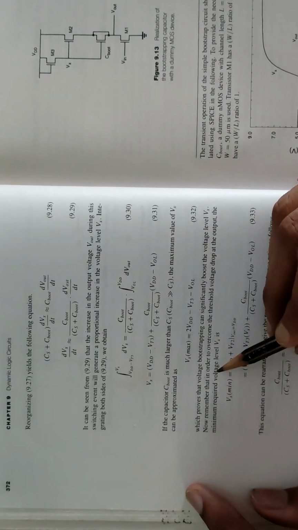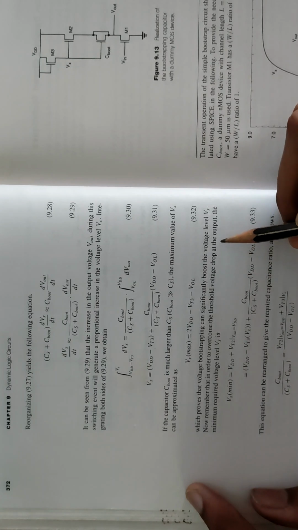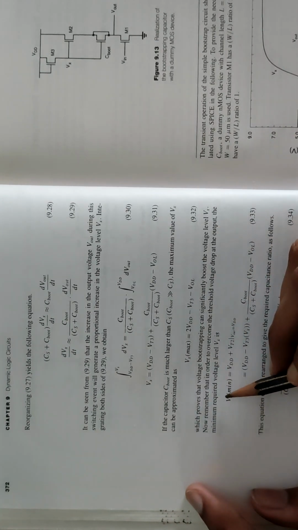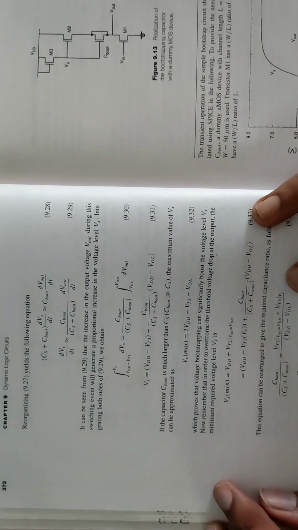Now remember that in order to overcome the threshold voltage drop in the output, the minimum required voltage level Vx is